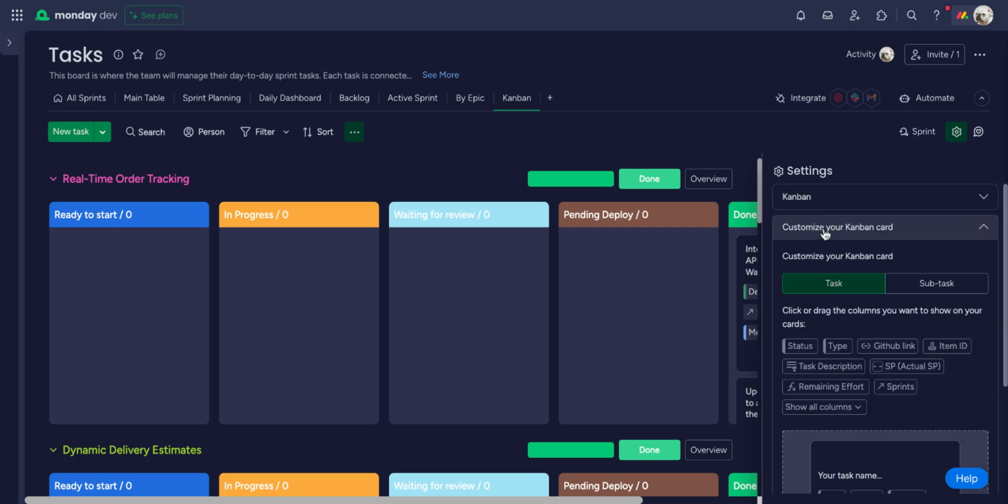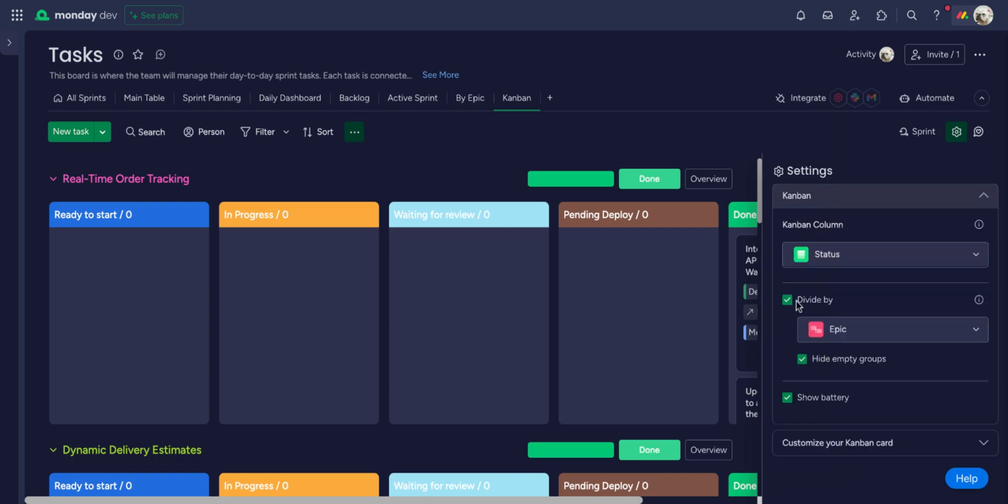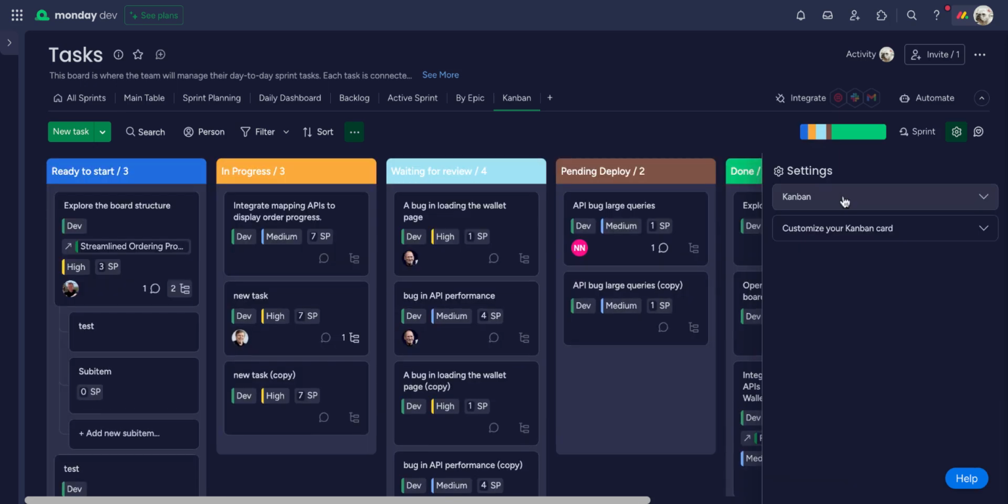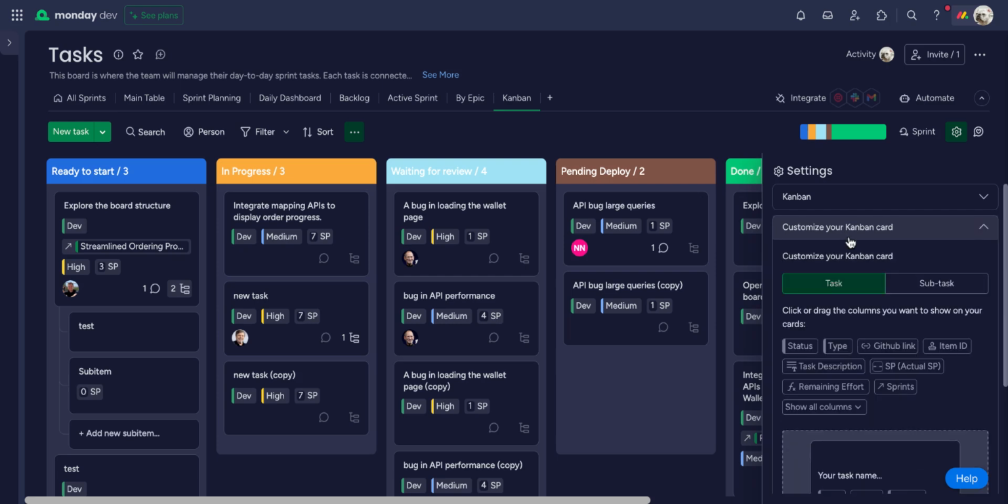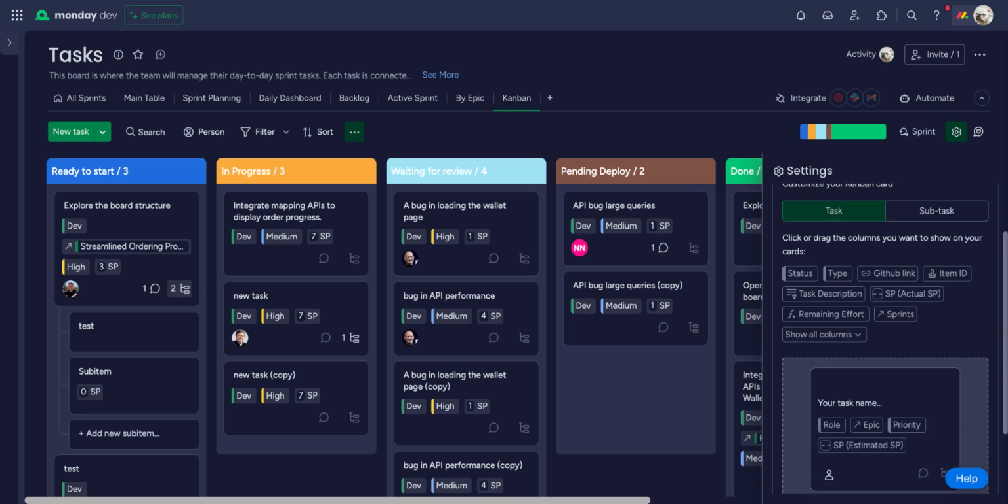Next up is going to be the ability to customize our Kanban cards. So let's undivide so everything's in one place. And you can see once again that unlike in work management or CRM, where all of the details for our columns are just listed vertically, within Monday Dev, our Kanban card has the ability to more card-like view our information,